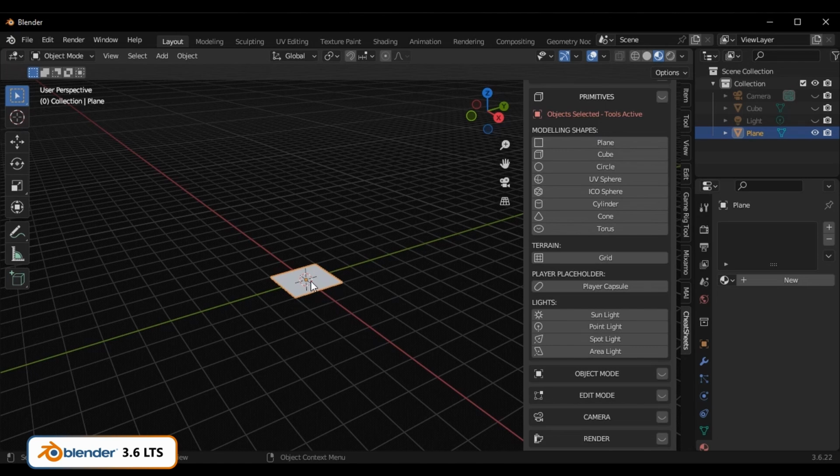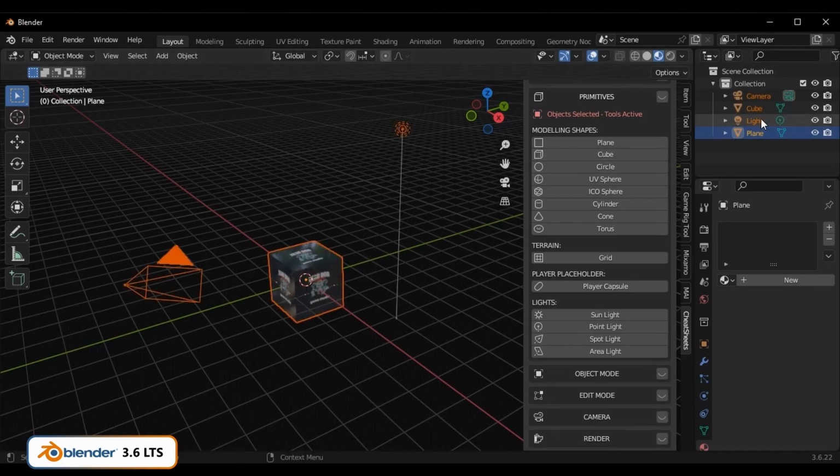Plane I like to use a lot, and I'm only talking from my own personal experience. I know there's 1,000 other uses for this, but I like to use plane as a cutter because it can be moved into position very fast. It can be scaled, it can be rotated, it can be set up in a certain way to intersect a specific object. For instance, like if I've got my little cube there and I go to my plane and then